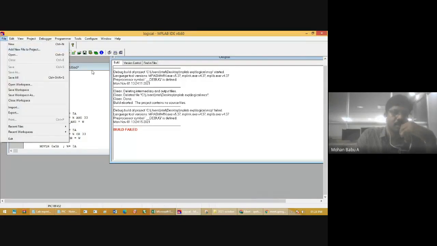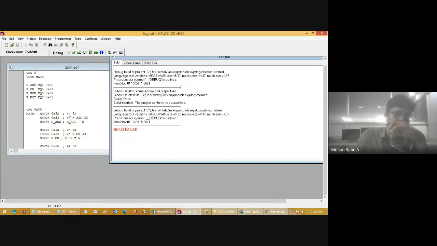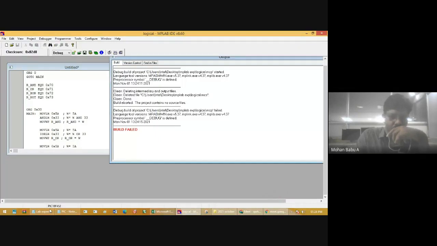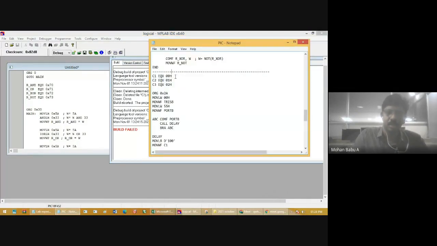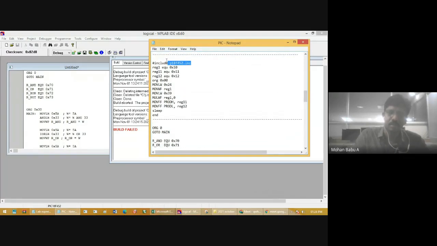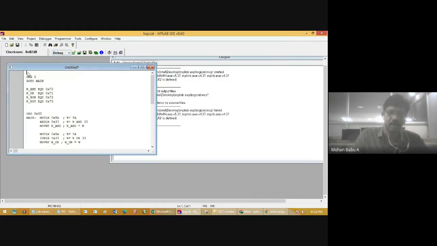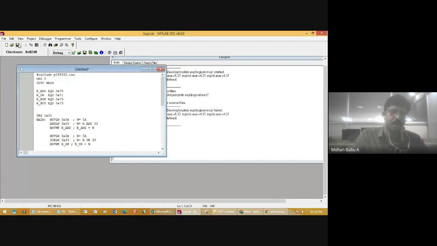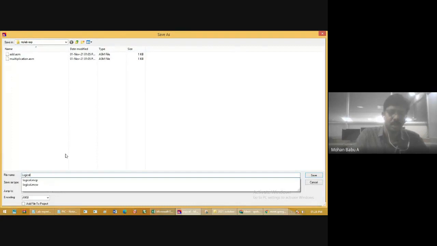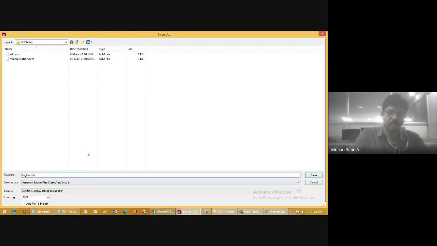Include the header files, meaning this include line. Then click save and give the name for the project. I am giving the name logical.asm, with the .asm extension. Click save.